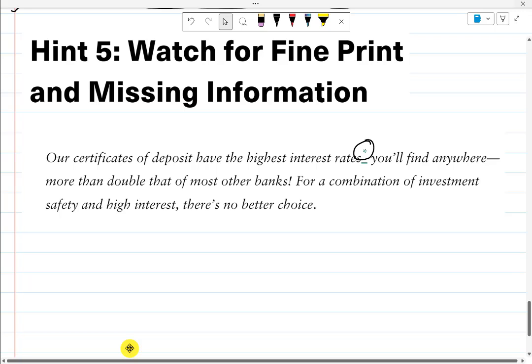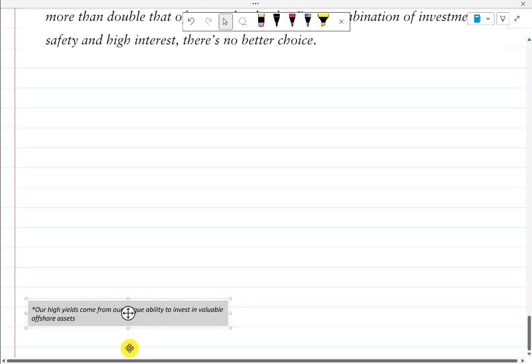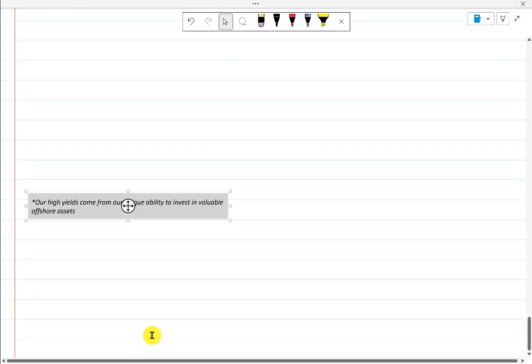So what I've decided to do is make it seem like that. You're going to go to the bottom of the page and you're going to want to look for any kind of information that's not listed up there. Sure enough, here is something right here. I just put it in myself, but it's got to be somewhere. If it's not, don't even bother with the deal.